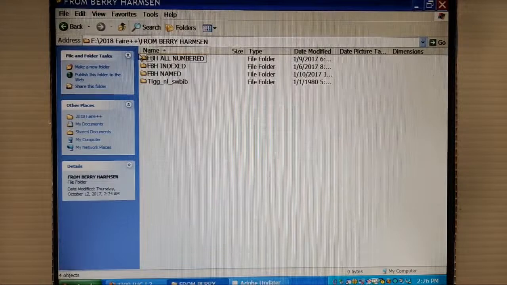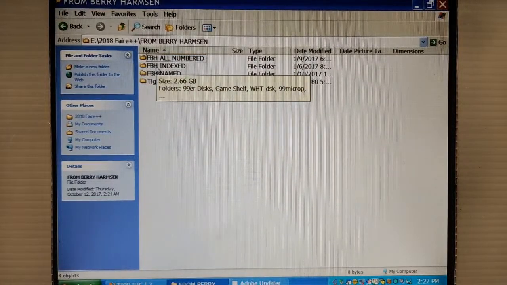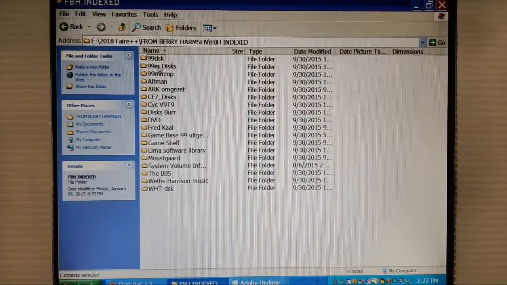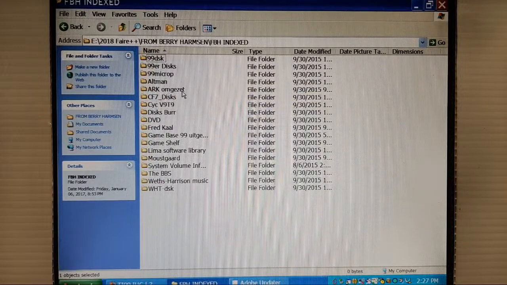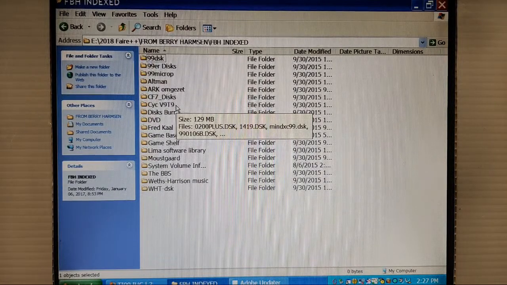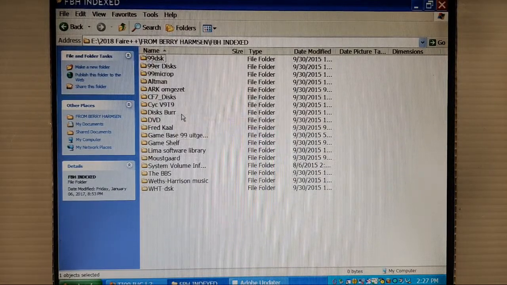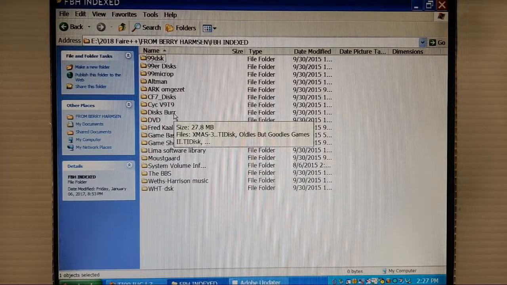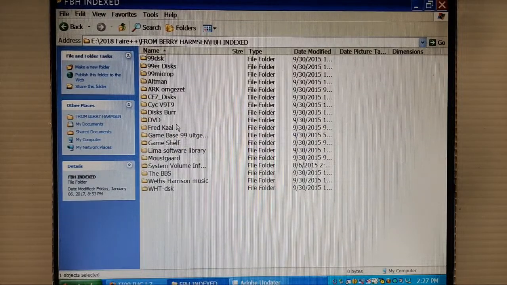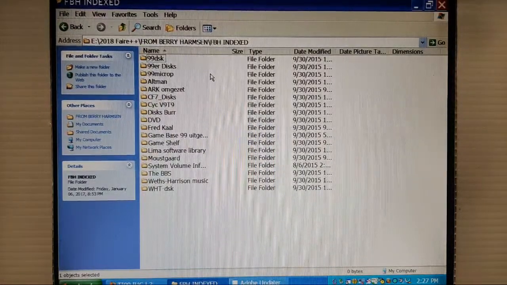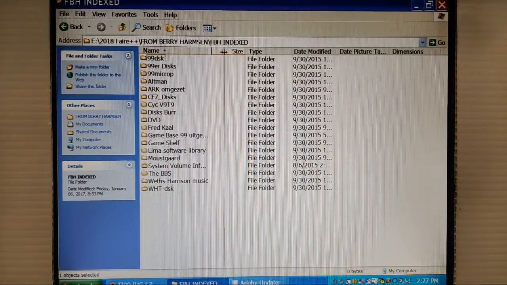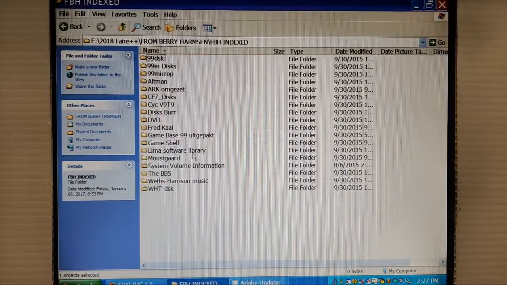Let's go up a couple clicks. Here's indexed from FBH, from Barry Harmson. What else am I going to call it? 99er discs, 99 Micropendium, Altman, Omegas, compact flash, the Psych V1999, from Burr, DVDs, Fred Call, Game Base. So there's all sorts of stuff here. Index, Rasmus Mustagard,